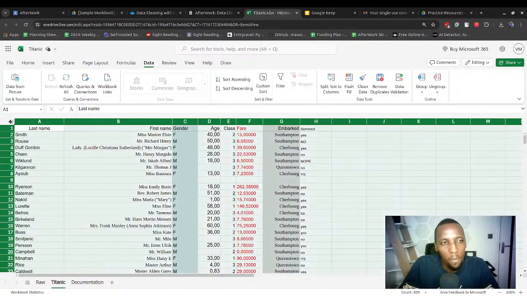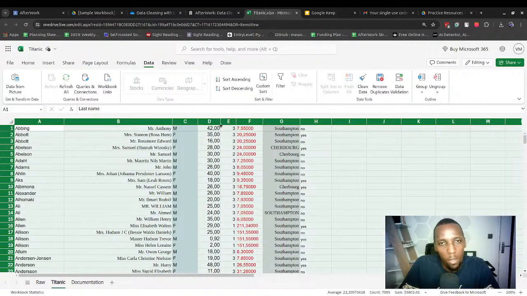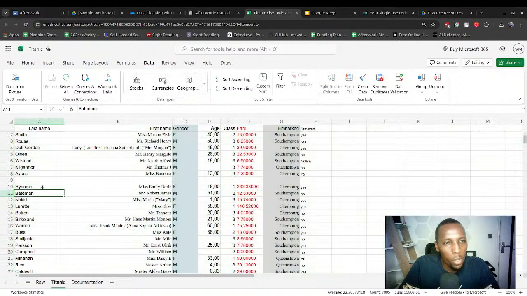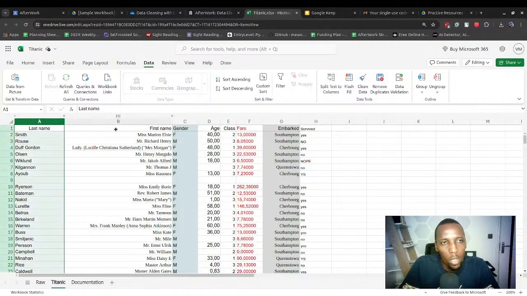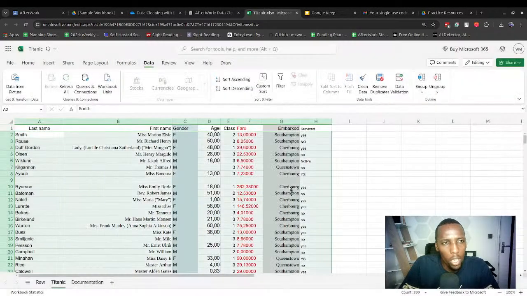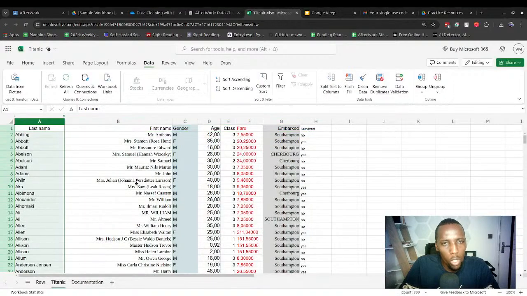Select everything. Okay, so it has selected everything. So what we can do is, last name, just click on sort, ascending, just say expand and sort, and it should be able to sort the